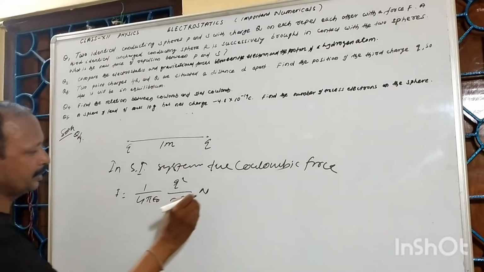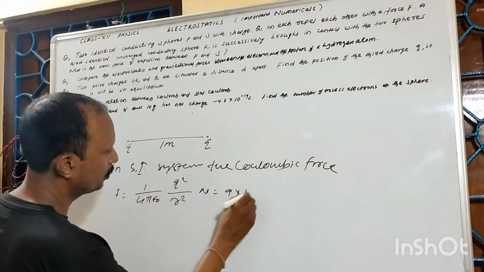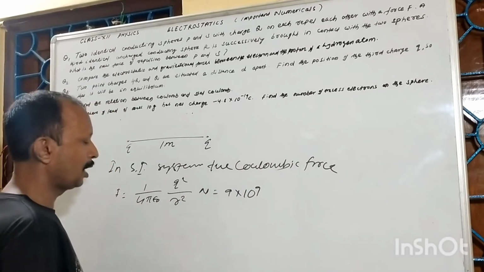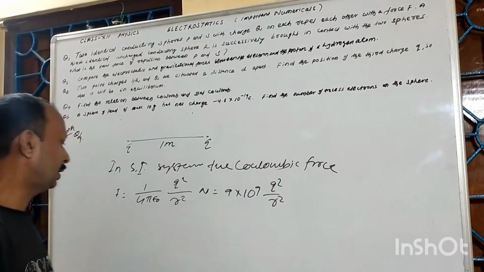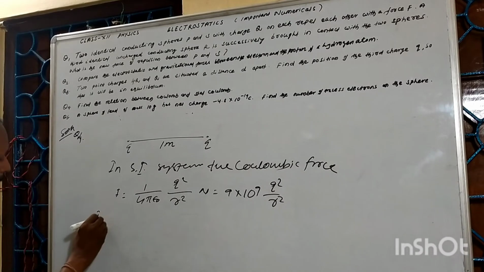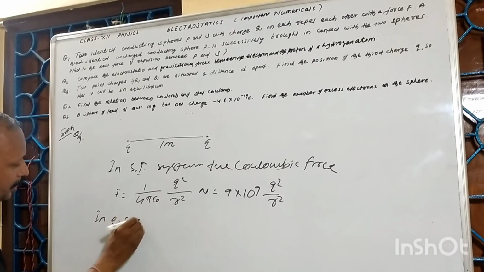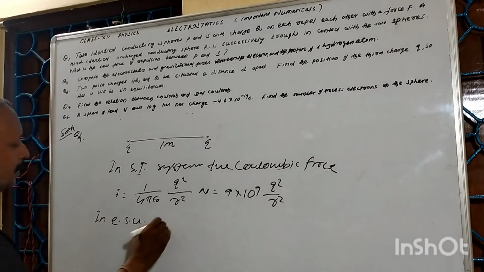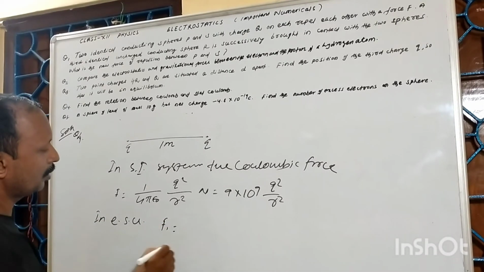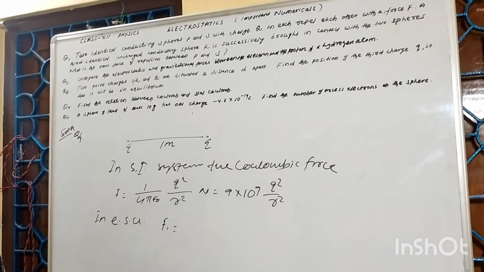Or I can write this as 9 into 10 to the power 9 q square upon r square. And in the electrostatic unit CGS system, I can say that this F dash is equal to,